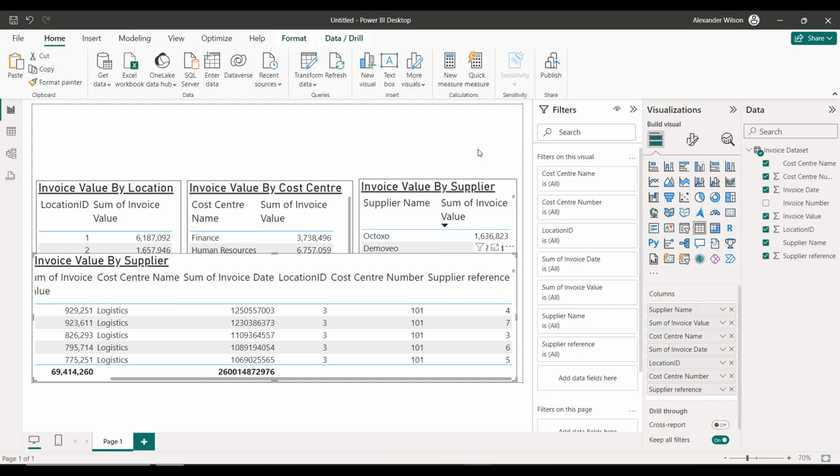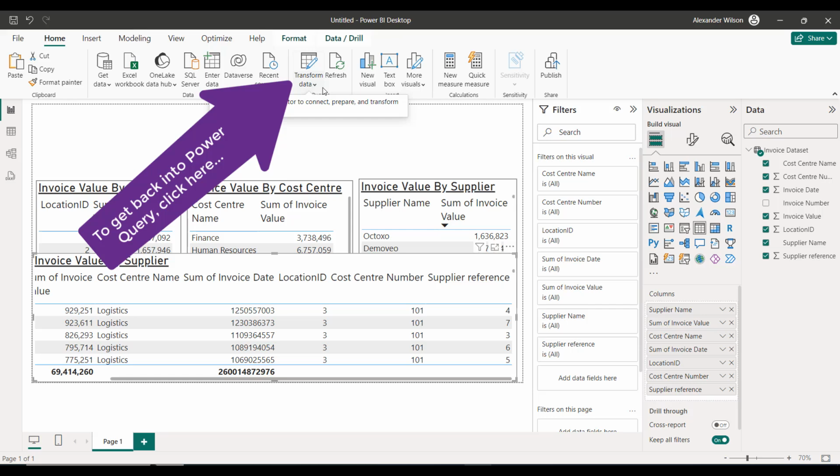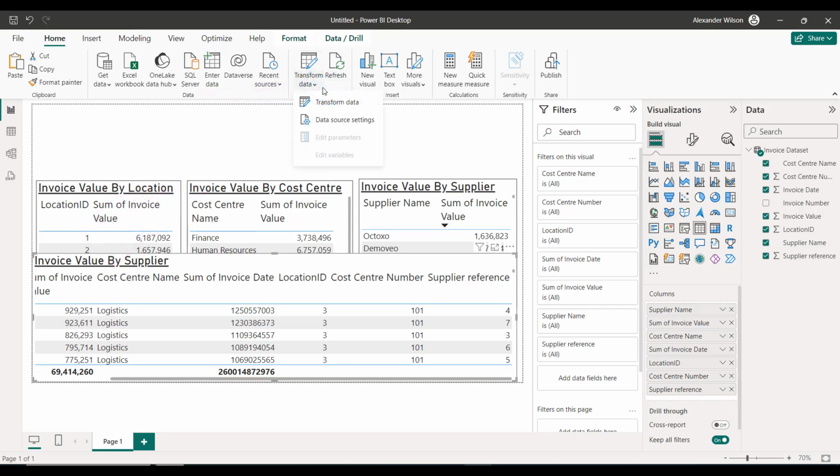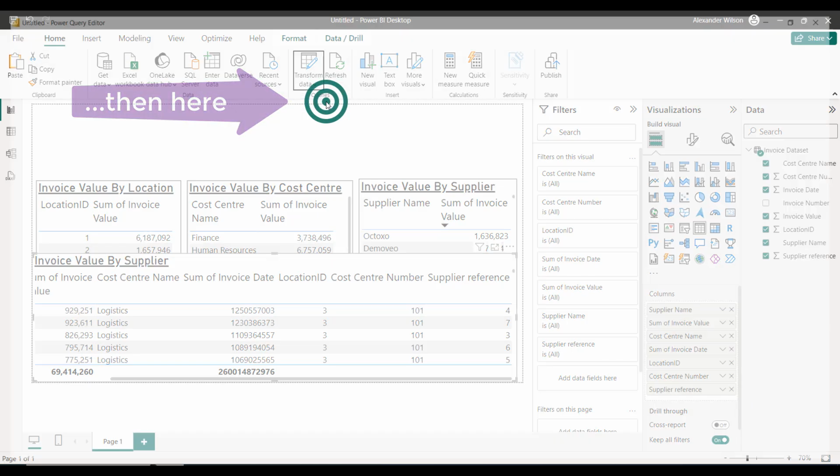Now as I said before, we are going to be examining data types in a bit more detail in the next lesson, but let's for the moment hop back into Power Query and start sorting out the change in the data type to the appropriate data type. To do that, I'll go to the ribbon, and then to the Transform Data button. Again, from here, we want to choose the Transform Data option.